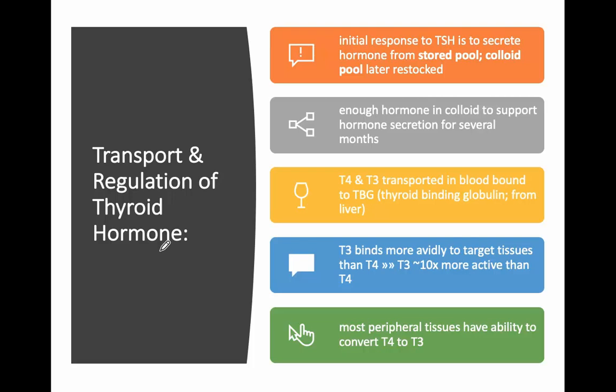Now, obviously, you are being told to do this by thyroid stimulating hormone. So our thyroid stimulating hormone, as you remember, is coming up from the anterior pituitary, as told by the thyroid releasing hormone coming down from the hypothalamus itself. So the thyroid stimulating hormone is going to be constantly telling the thyroid to be making more thyroid hormones. So you need to make sure that you have enough hormone there to tell it to do its job. You need to actually have enough T3 and T4 transported in the blood to actually go through and deliver it